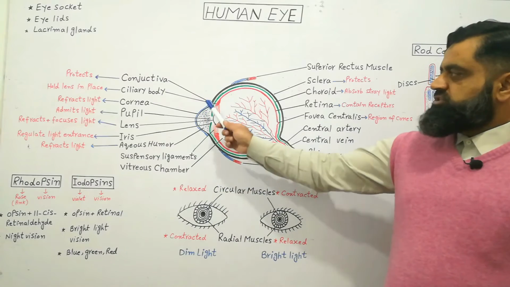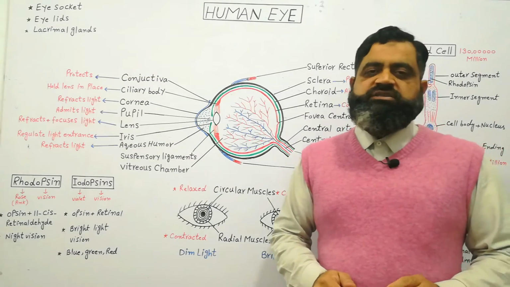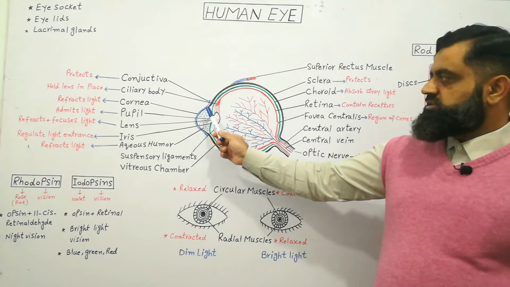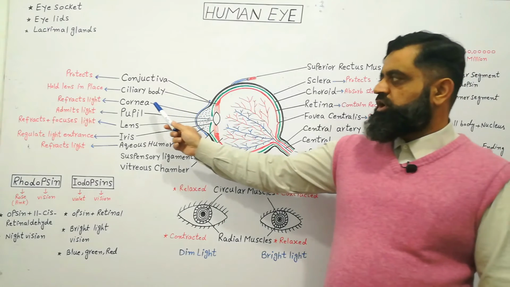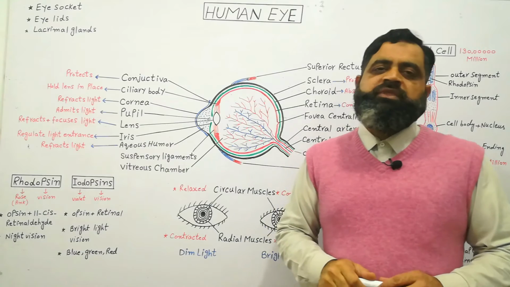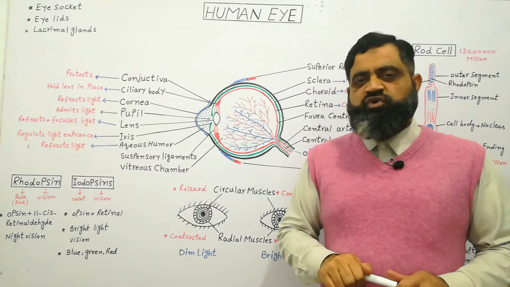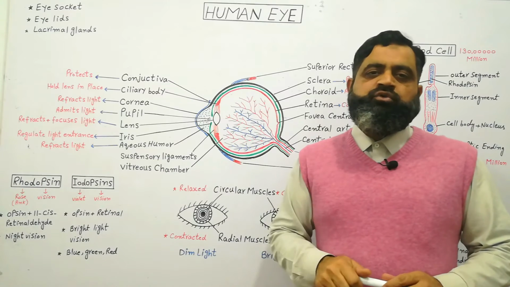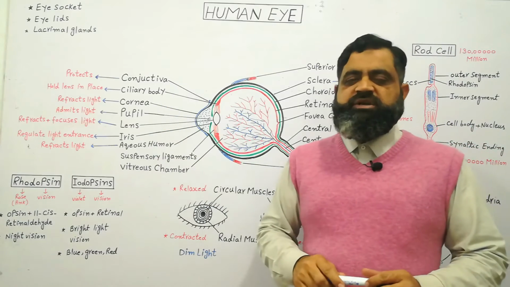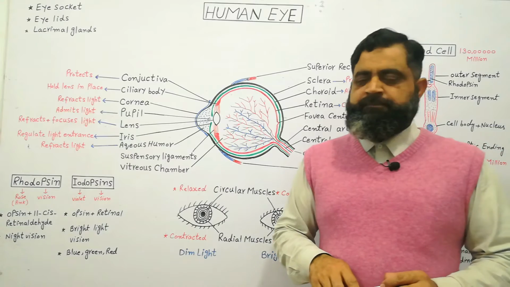If there is an infection in the conjunctiva, the condition is called conjunctivitis and our eyes become red and painful. Under the conjunctiva there is another layer which is known as cornea. Cornea is a small portion of the eye. You see all the eyeball is white, but in the front the colored portion of the eye is known as cornea. Cornea admits light into our eyes because cornea is transparent.